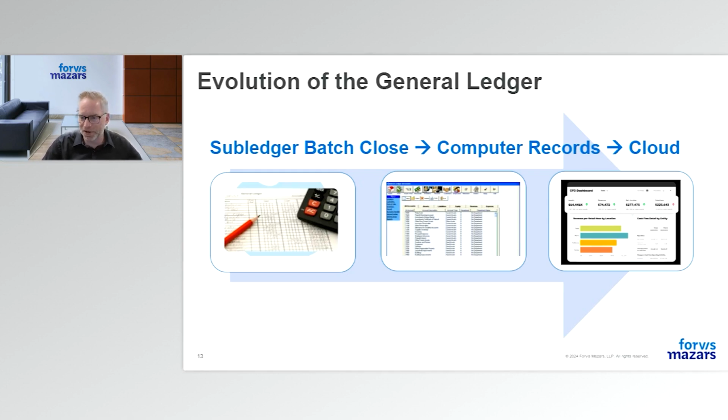Then came the advent of computers. That really helped with the data entry side of things, but reporting didn't evolve at all. You just didn't have to type the reports anymore. The computer did that for us, but we still only had access to the traditional balance sheet, income statement, and cash flow statement when we moved to the computerized version of accounting records. And then finally, here we are today. A lot of accounting data is now in the cloud, and that has opened a whole new world to things like dashboarding, reporting, and other KPIs. So let's talk about that a little